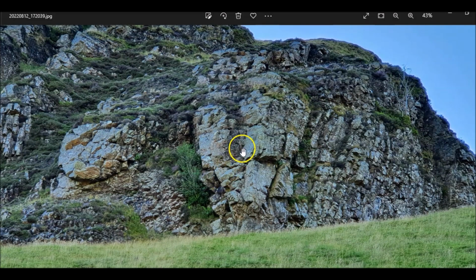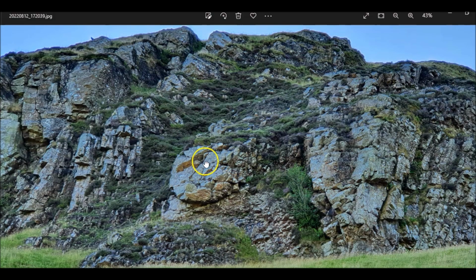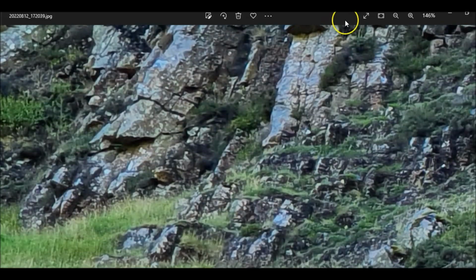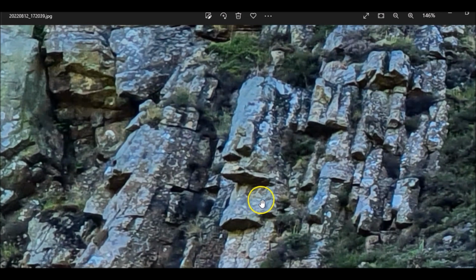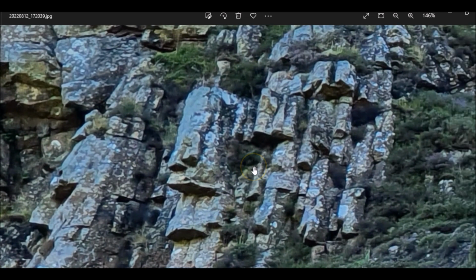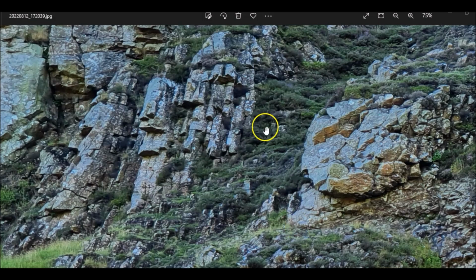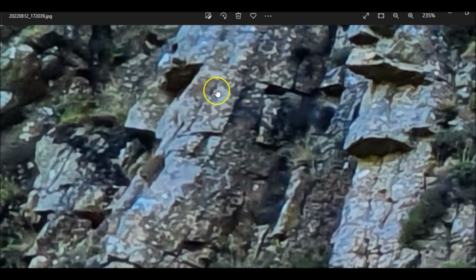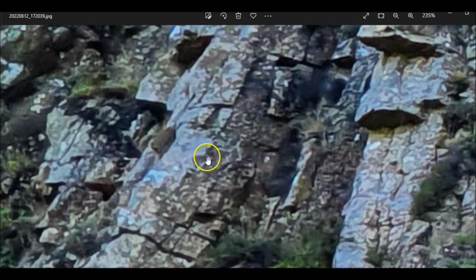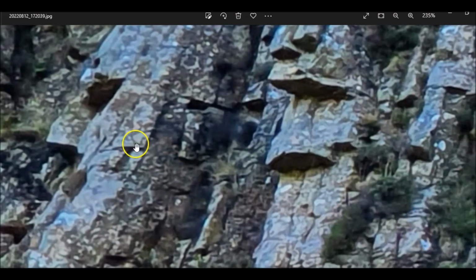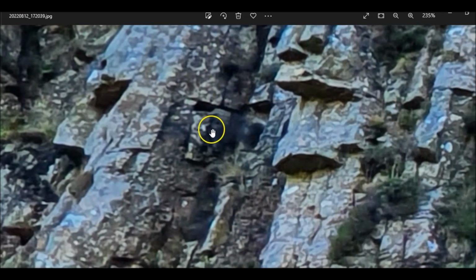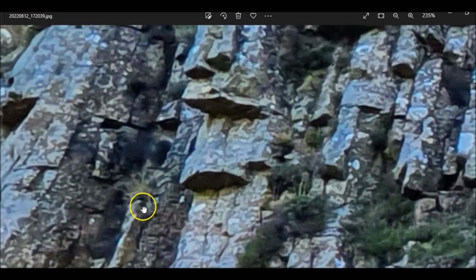What have we got here? More of the same. Well, this bit looks a bit different. Maybe it's just not broke up enough yet.